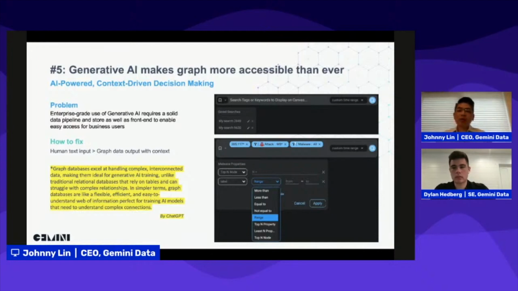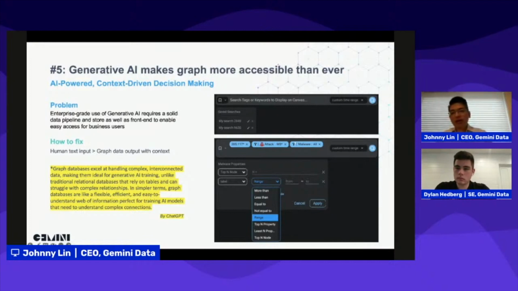But today, with the integration with generative AI, users will be able to ask questions with human text input, and as a result, connected with generative AI like GPT or others, you're able to get graph data output with context as your answers to that question, and that only requires you to ask the question, without learning to use the tool, really.